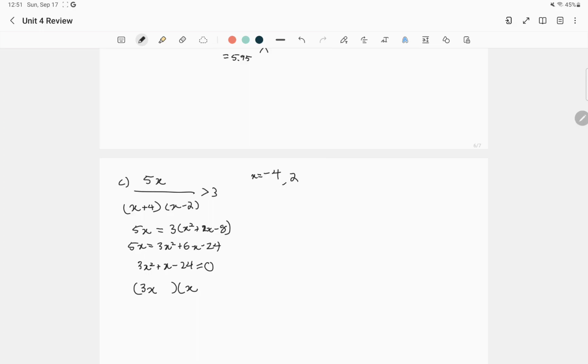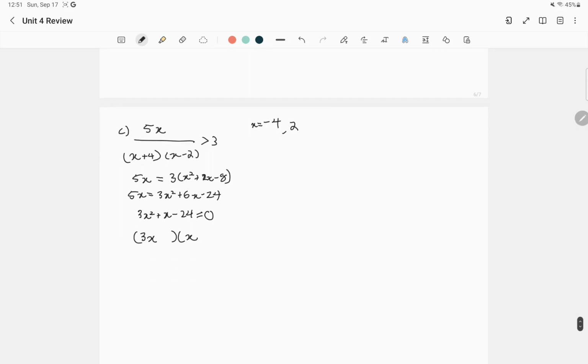Alright, this cannot be factored. So, what do we do when we can't factor? Quadratic equation. It always works. So, x is equal to negative b, so it's negative 1, plus or minus square root of 1 minus 4 times ac, over 2a. So x is going to equal